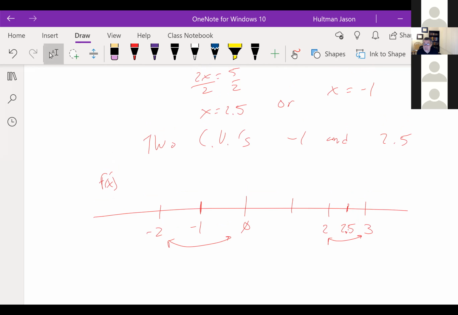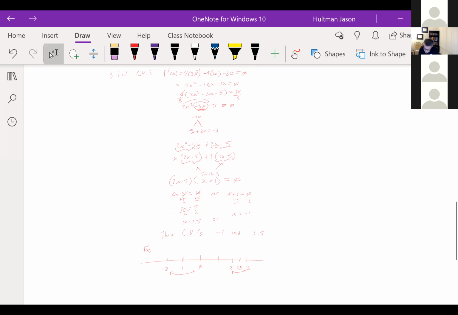0. Oh, wait, you have to plug it in, right? I thought you were asking about the slope. I am asking about the slope. Wouldn't the slope be 0 because that's an extreme point? Well, it is 0 because that's how we found -1. Didn't we set the derivative equal to 0? At the very beginning, we wanted to find our critical values. How do we find our critical values? That's where the slope is 0. Does that make sense? So what's the slope at -1? It's 0, so that's an extreme value. What's the slope at 2.5?